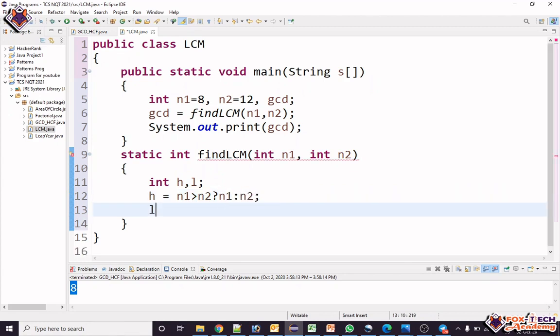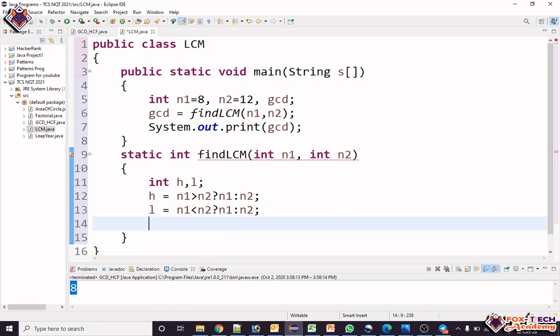Low is n1 if n1 is less than n2, otherwise n2. So we have found the lowest and highest values.